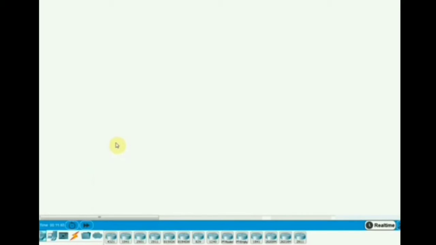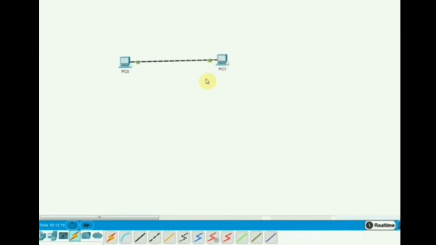In Packet Tracer, now I have opened it, and from there I start working. So now I will take one computer here. See, I am taking one computer, and one more computer. Now take a cable, select this cable, and automatically it will decide the similar device. I connected them here. Okay, now we need to assign the IP address to this computer.